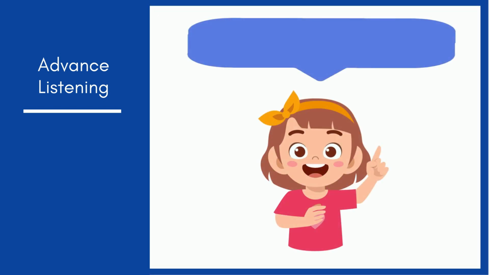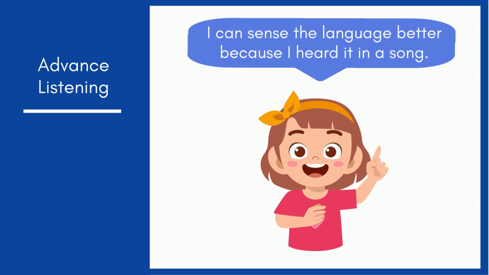This means that when I introduce a language target in class, they have already been exposed to it in a song or dialogue. This has a very positive effect on the children's sense for new language and ability to use it more naturally. There is a big difference between the children who have been exposed to new language targets through advanced listening and those who have not. It is also possible to do this kind of advanced listening in class, such as by having songs in the background when the children are playing games.